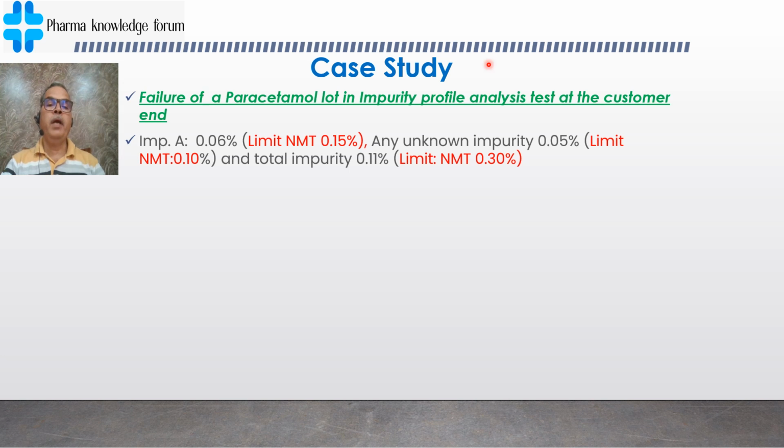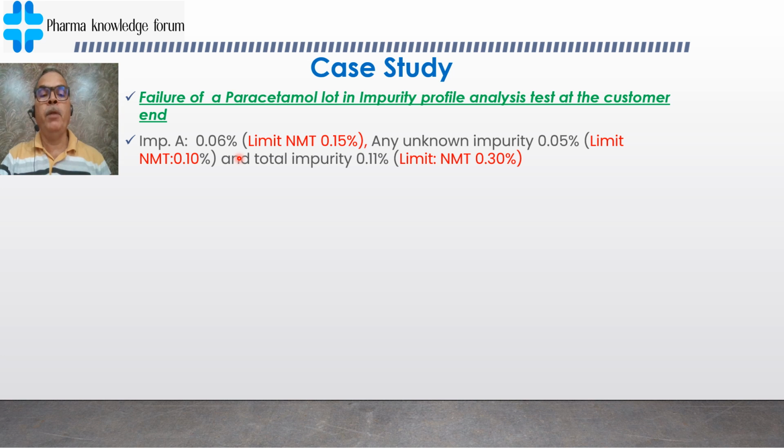Case study: failure of a paracetamol drug lot in the impurity profile analysis test at the customer end. A paracetamol drug substance with the following specification and actual result was sent to the customer. Impurity A limit was not more than 0.15%. Actual result was 0.06%. Any unknown impurity limit was not more than 0.10%. Actual result was 0.05%. Total impurity limit was not more than 0.30%. Actual result was